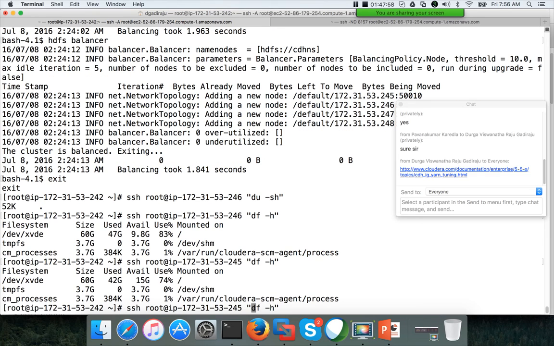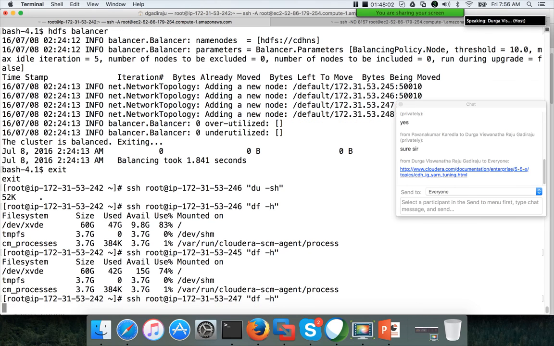Everything is like that only, so I have to clean it up from the back end.